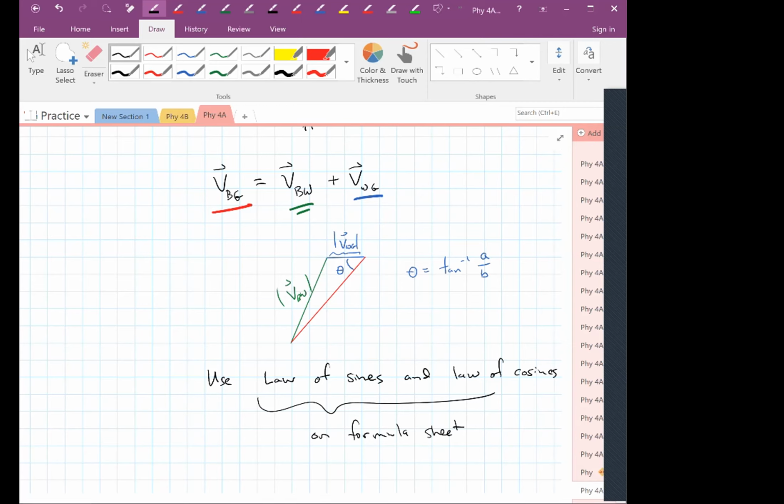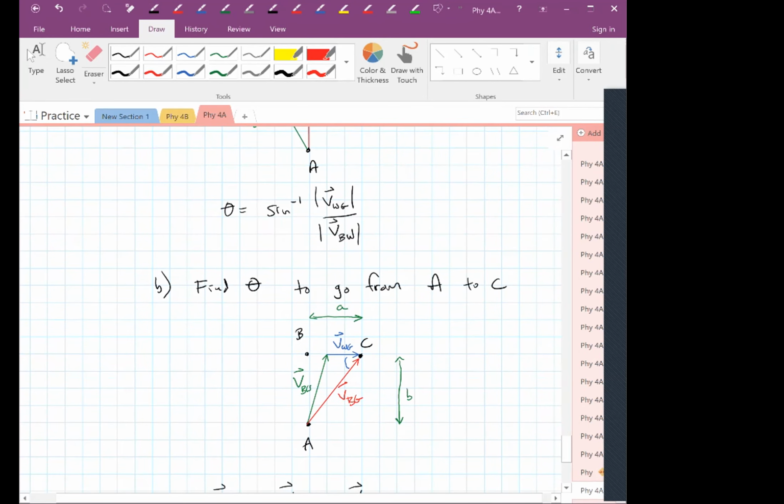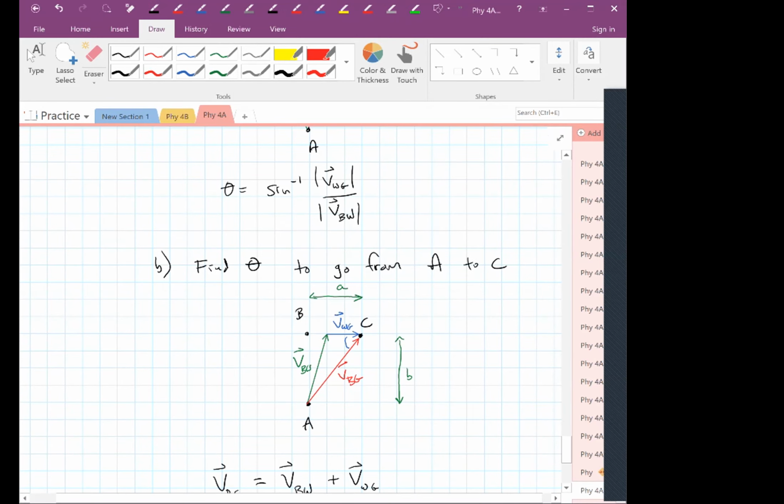Question about the water vector. The water vector has nothing to do with the spacing. How fast the water is moving has nothing to do with the distance between B and C. So we don't know. I kind of assumed that the water was not moving terribly fast here, and that our picture would look like this. But it's possible